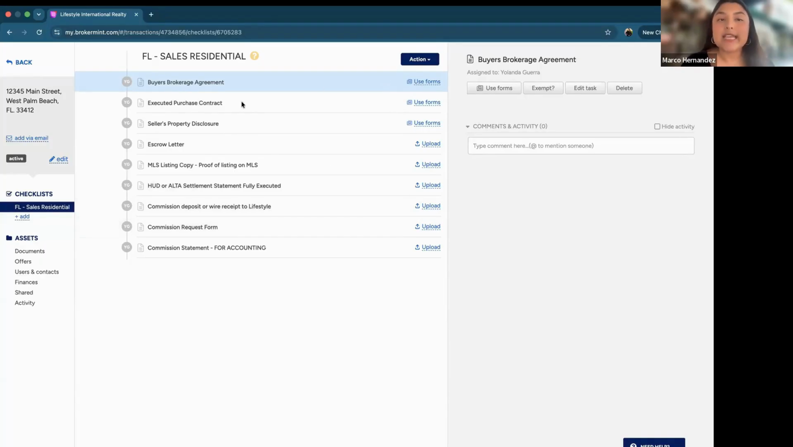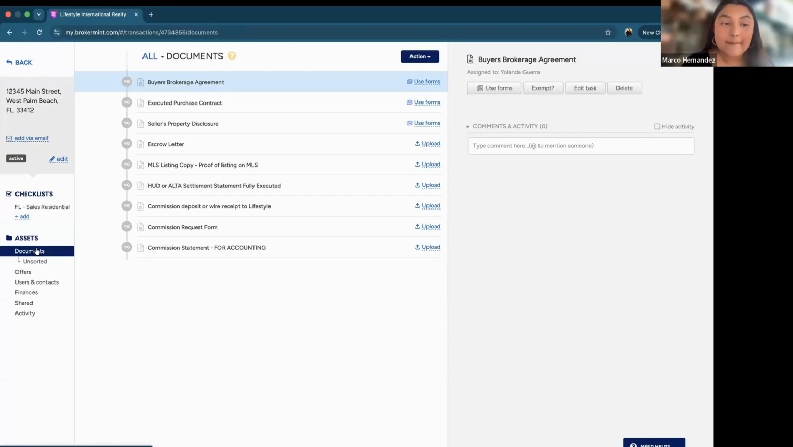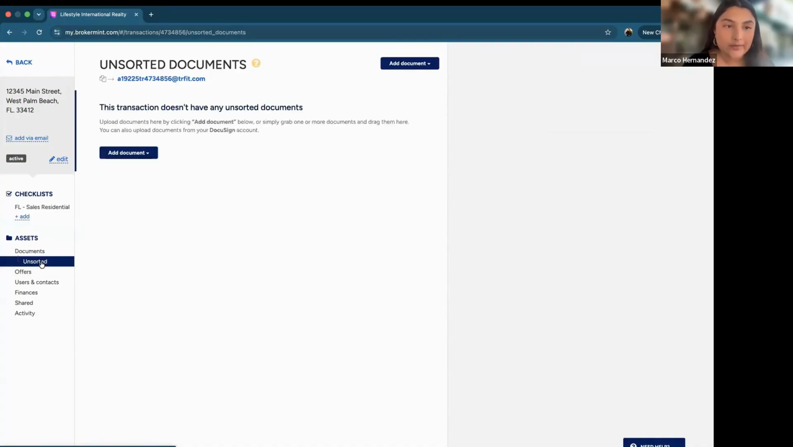So as you guys can see, you can access the documents either through the checklist, where there's a use forms button right here, or you can also select documents through your documents button. There's a documents button right here. And when you click on that button, there is another button that pops up right under it that is unsorted. That is where you would go to put any document for this transaction that doesn't belong on the checklist for